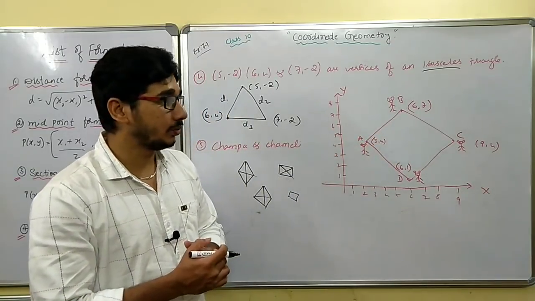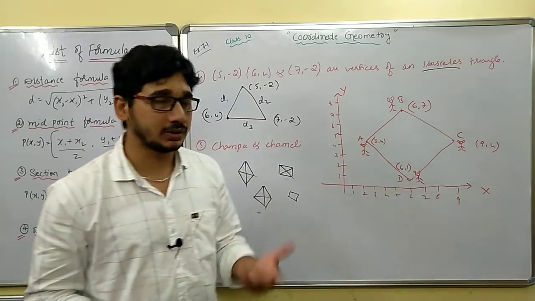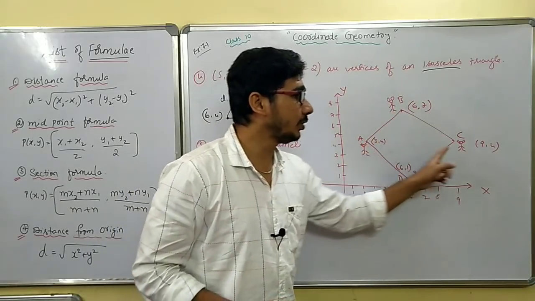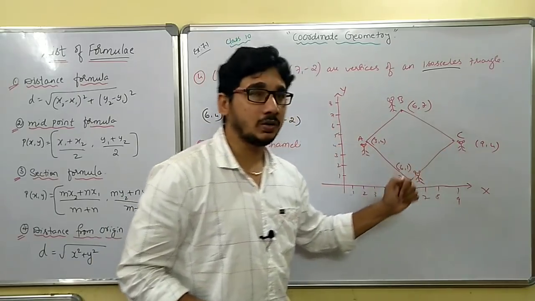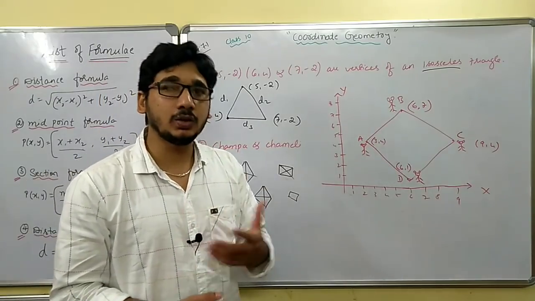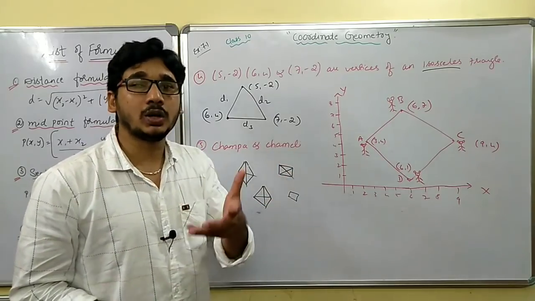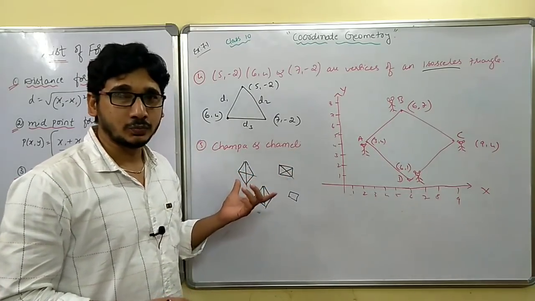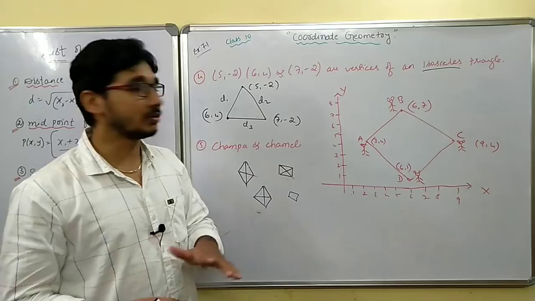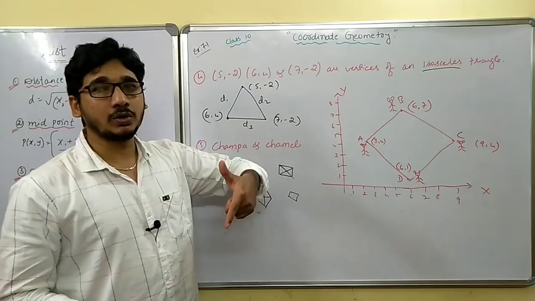So you have to find this side distance, this distance and this distance. After that, from this point to this point, you have to find the diagonal. From this point to this point, find the diagonal value. See that if both diagonal values are the same, it is a square. Then you have to tell whether Champa is correct or Chameli is correct. Don't say you are correct, because there is definitely an answer. If you solve something else and say no sir, I am correct, it is wrong. Say either Champa is correct or Chameli is correct, and put it in the comment box.